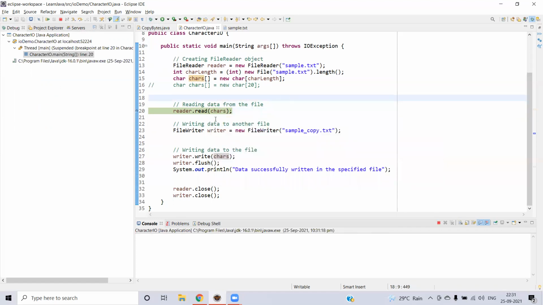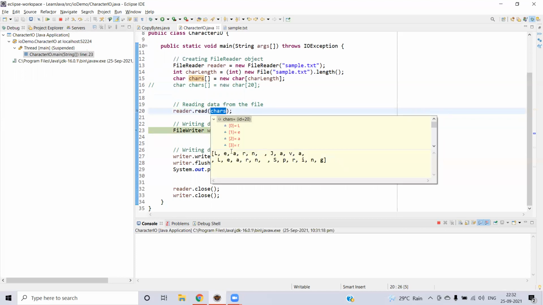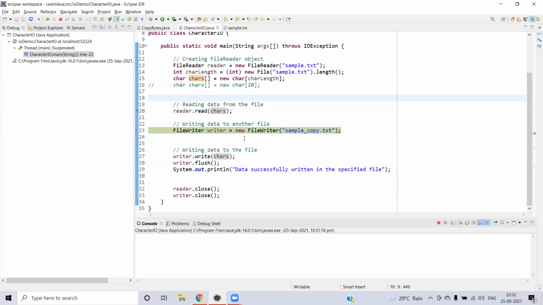After that, you are giving these characters to the reader, or rather you are reading, right? By using the reader object, you are reading the data character by character. While reading, every character will be read from the reader object. The reader object points to the file, so indirectly you are reading from the file and each character will be written inside your characters array. After crossing this line, you can see all the characters from your text file are now in the variable called characters, right?